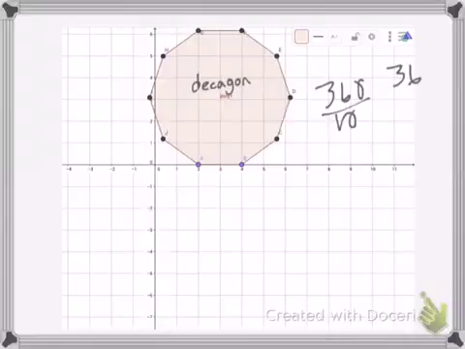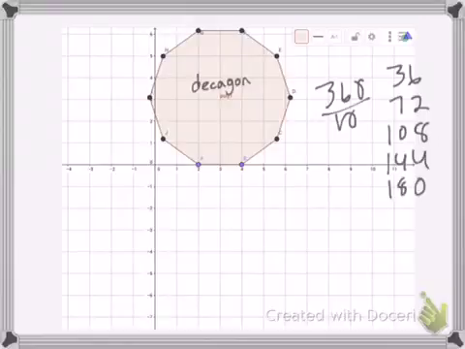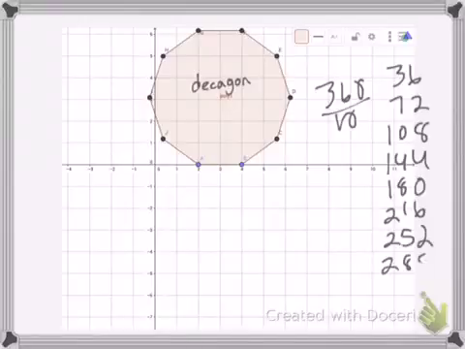Add 36 to 36, and you get 72, 108, 144, 180, 216, 252, 288, 324, 360. So those are our degrees of rotational symmetry